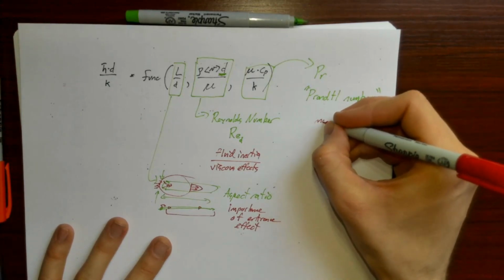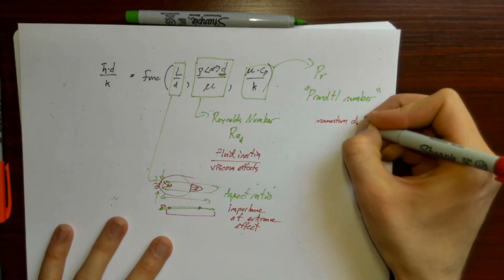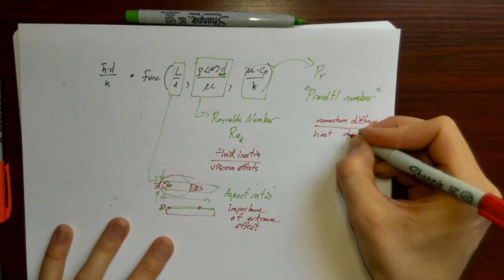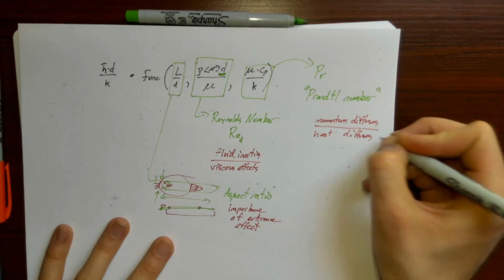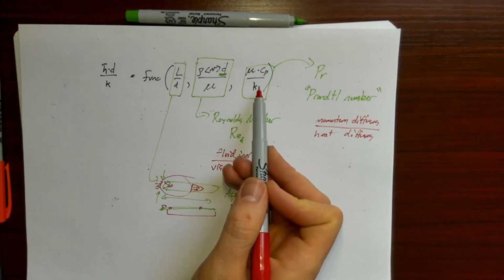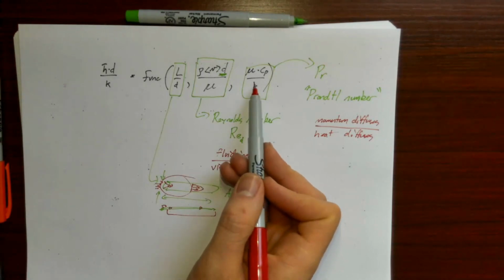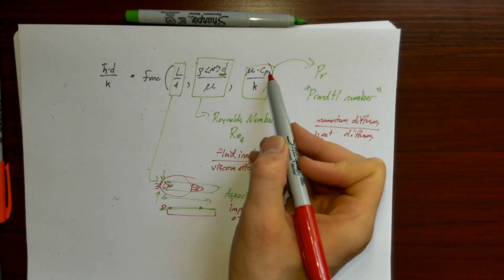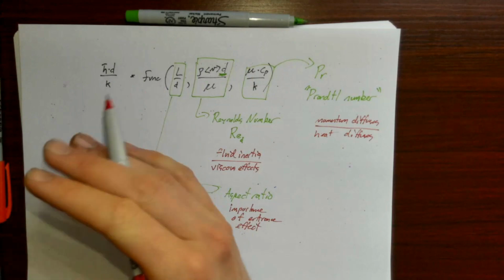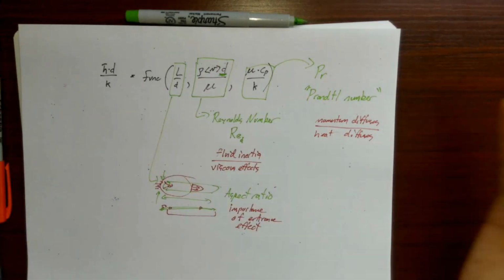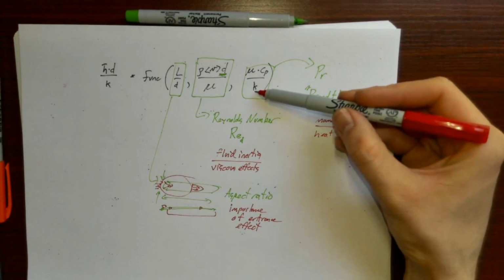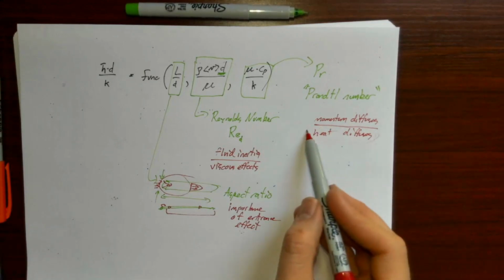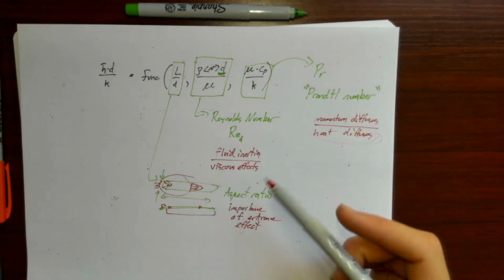how momentum diffuses compared to how heat diffuses in a fluid. So, thermal conductivity is basically related to how efficiently heat can diffuse. So fluids that have a high thermal conductivity can diffuse heat quickly, whereas fluids that have a high specific heat basically absorb that heat essentially before it diffuses farther. So, this k in the denominator and cp in the numerator is essentially how heat diffusive is this material.